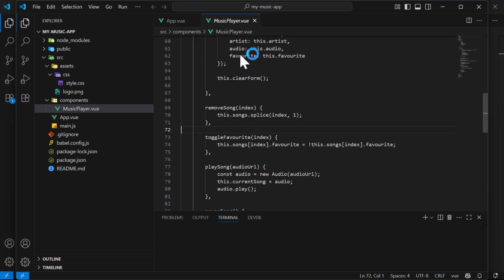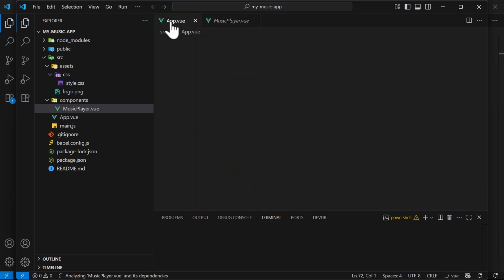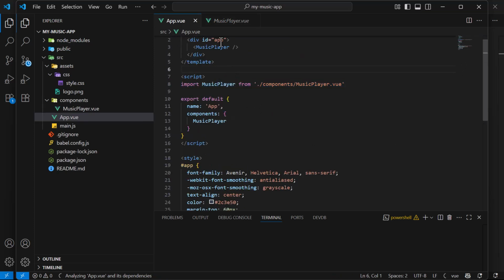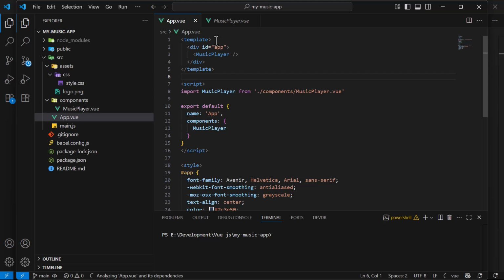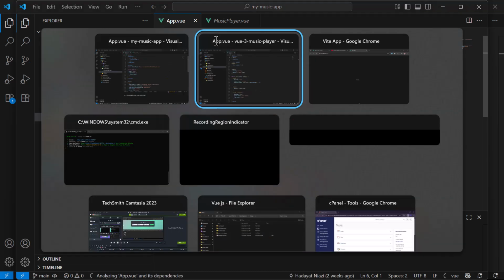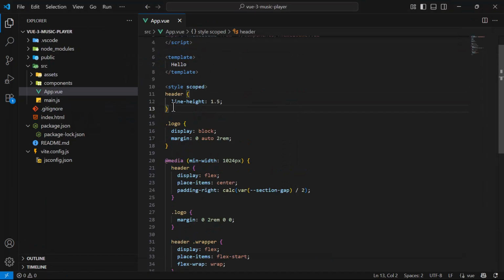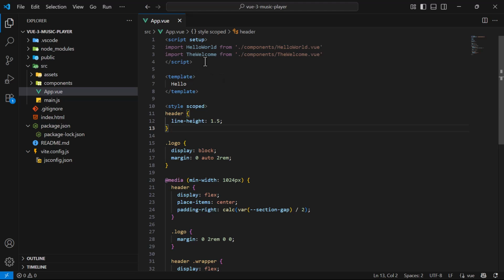Let me open that, and yes, this one is built using the Options API, right? So the very first thing is you need to move your app logic into this Vue 3 application. So I have opened both. Here I'm going to remove everything, but make sure that Vue 3 uses the